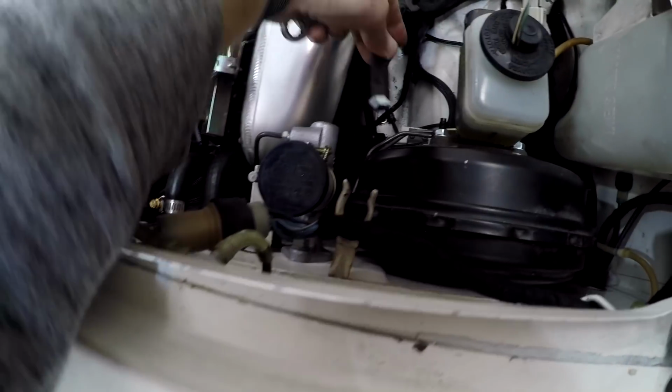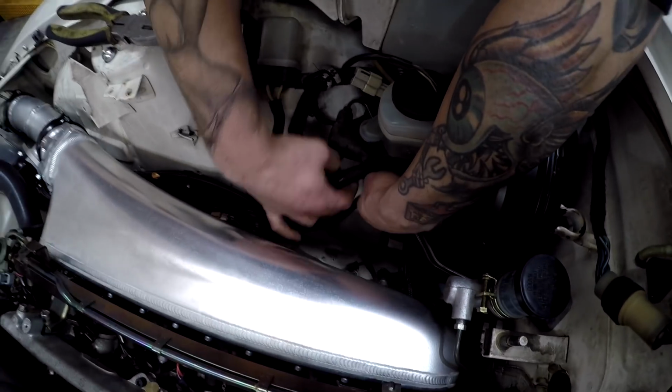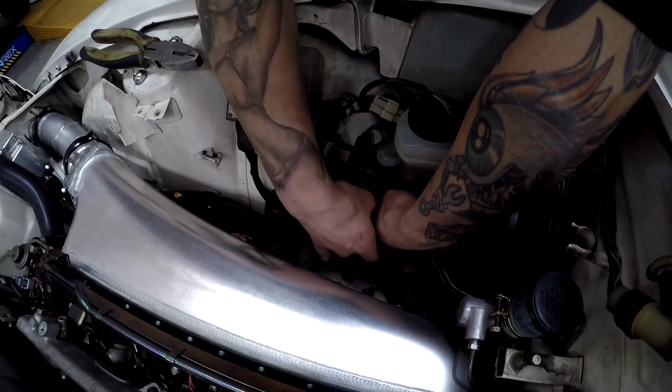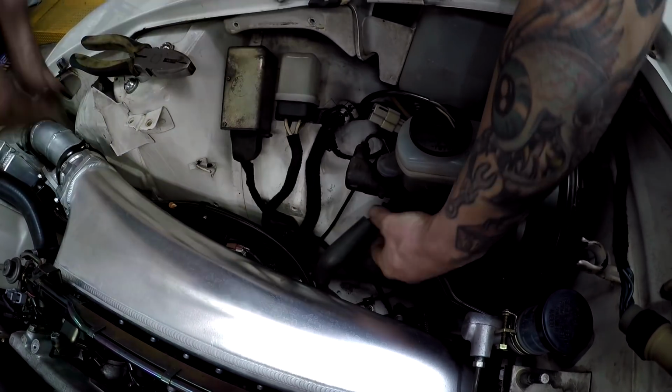Vacuum line goes back onto our booster, and we have vacuum assisted brakes once again. The booster's from a Hi-Ace or a Hilux. Yeah, it worked really well. Just the right size, right bolt pattern. It's always good when you're mixing bits and pieces